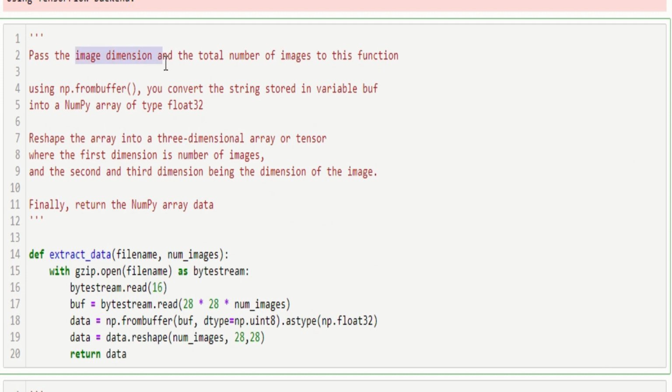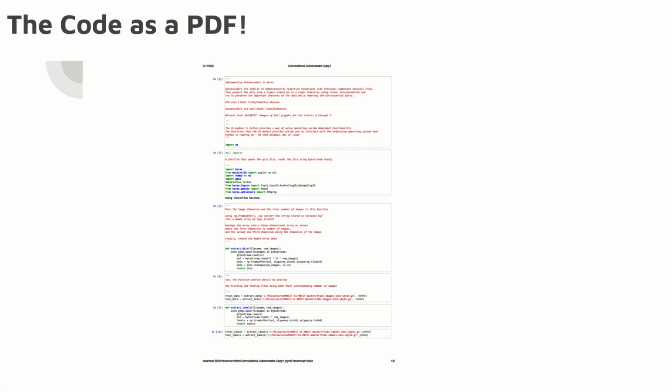So how do we do it? We build a function called extract data, and we need to pass the image dimension and the total number of images. We have got the np.frombuffer method where we are going to convert the string stored in the variable buffer into a numpy array of type float32, which means I'm converting it to float. Now the next step is to reshape